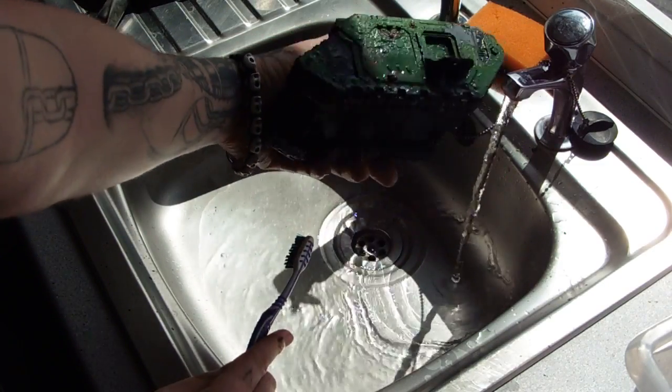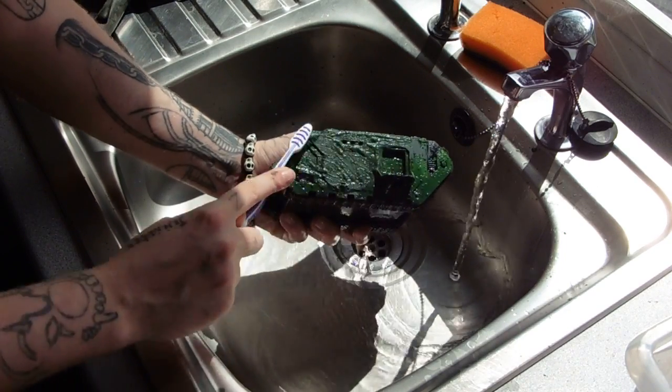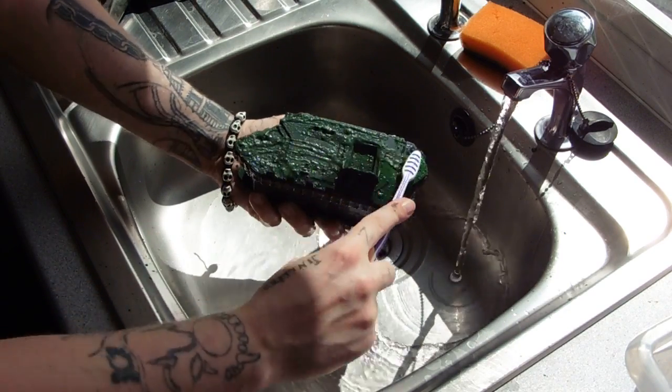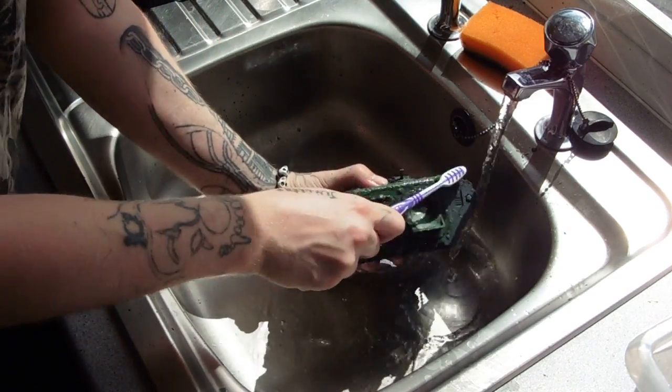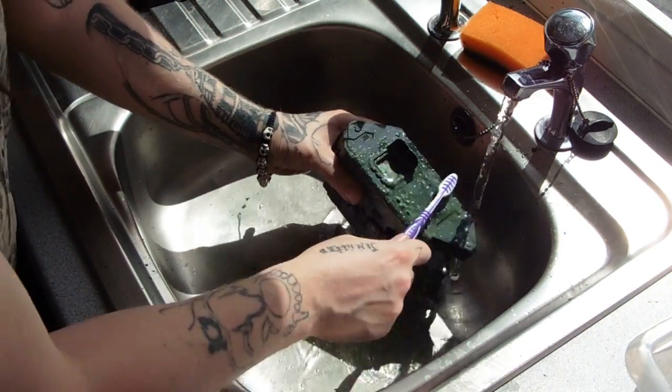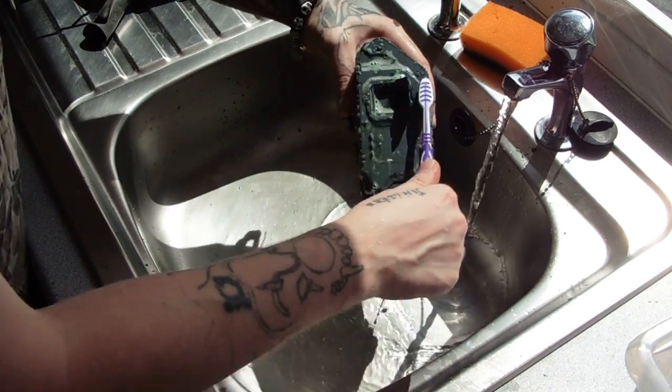Yeah, I love using this stuff, and obviously me and Andy, we do a lot of painting tutorials and we can't paint everything the same, so we end up stripping models to reuse. And what I'm going to do with this one is it's now going in the Death Guard army for battle reports, and I'm going to fully convert this one. If anyone remembers Fluffy,